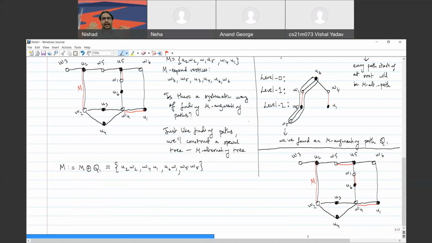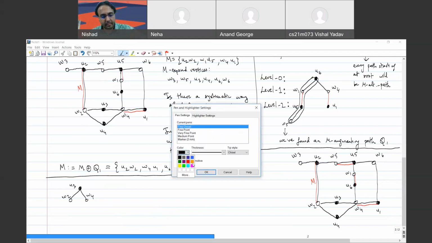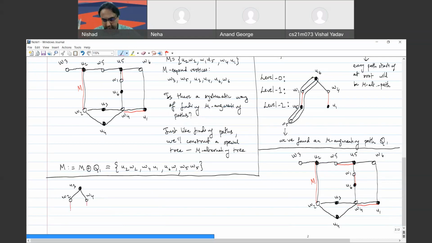So let's build our tree again. Anyone wants to pick a black vertex which is exposed? U3. Okay, let's start with U3. And let's look at all the neighbors of U3. W4 and W2, right? That's it. Now we are at an odd level, so we are just going to take the matching edges. We're going to get matching edges here. I assume W2 and W4 are both covered. So we get,